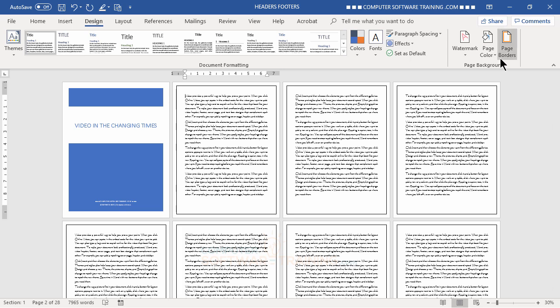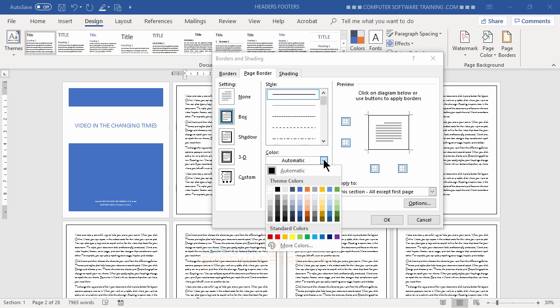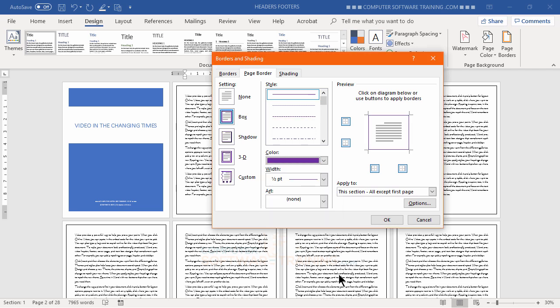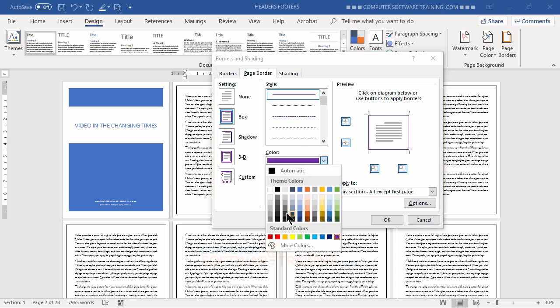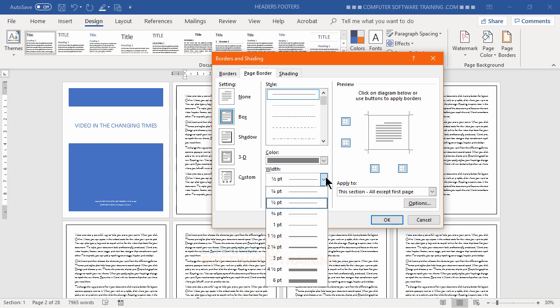Another thought with this is that you can go back into your borders here and maybe control how many sides you get the border on. So what you could do, and also change the color as well, go in here and you can actually change the style. Do you want a solid line or a dash line? We'll leave it solid. We can also change the color. So maybe if you want to put a purple border going around it, that will look pretty nasty, or you can maybe go with a kind of a charcoal look there, and then go over here and change it to a little bit thicker,